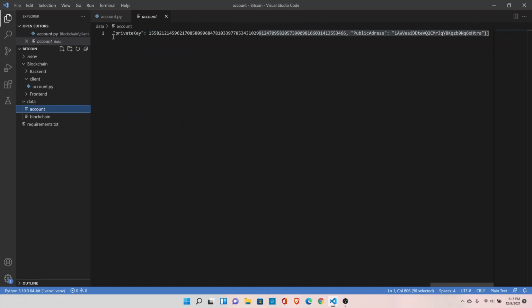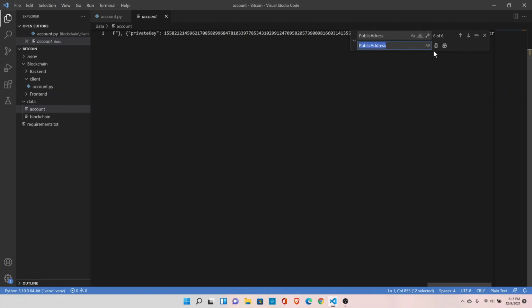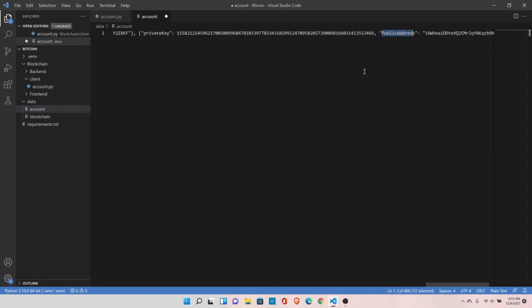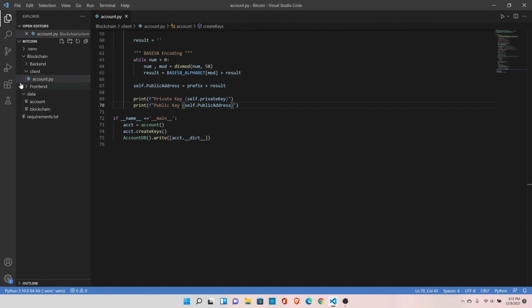So go ahead and search for this keyword. You can do Control C and Control F. Type the copied keyword. Click on this drop down. Change it to address like this and click this button. So it will change everything public address everywhere. So save this file, close it, and now let's go ahead and define our new module, which would be send